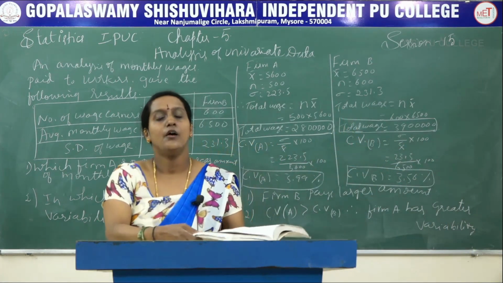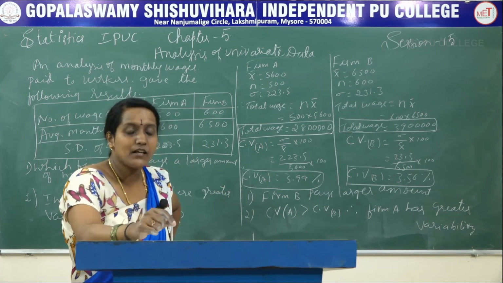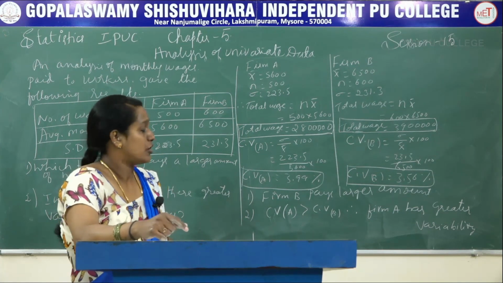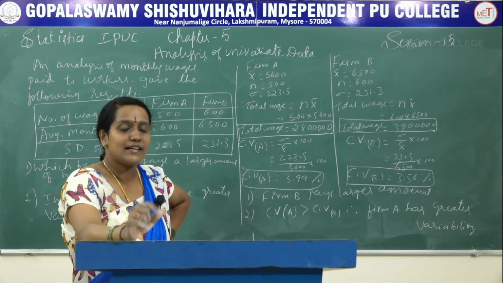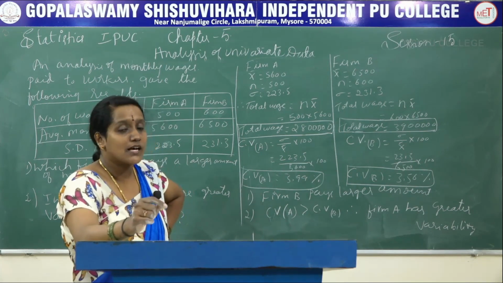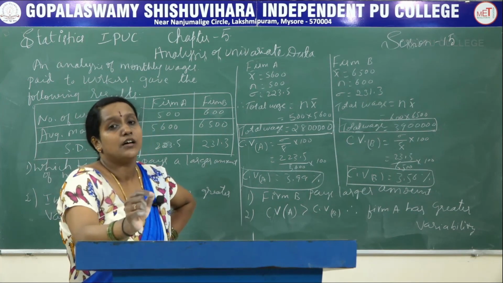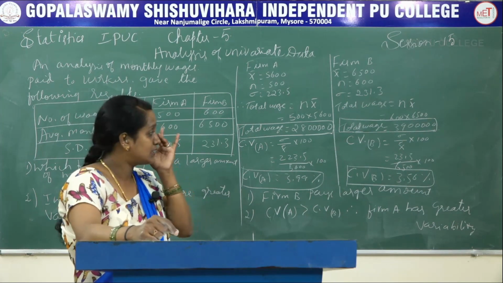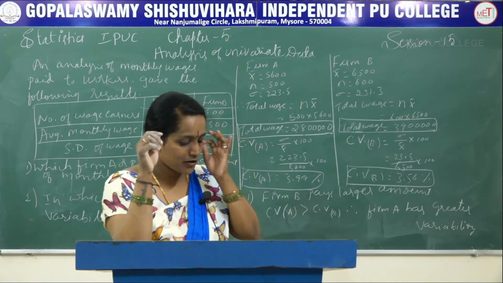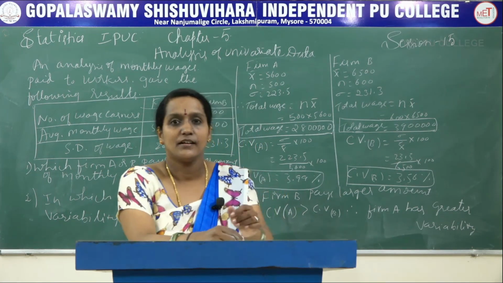Don't get confused. While we are writing the comment, greater variability means the firm or team having more coefficient of variation. While we are writing consistent, the firm or team having less coefficient of variation, that we call a consistent team or a consistent firm. In exam also you will get this type of questions, so that you can answer this. Okay, thank you.